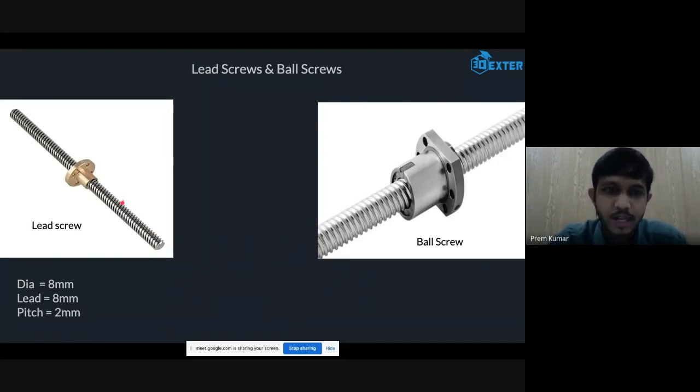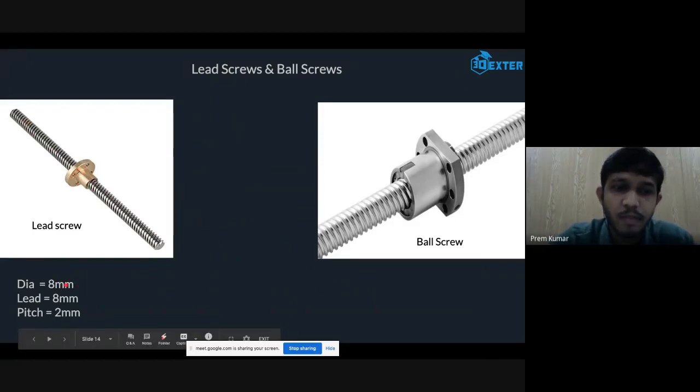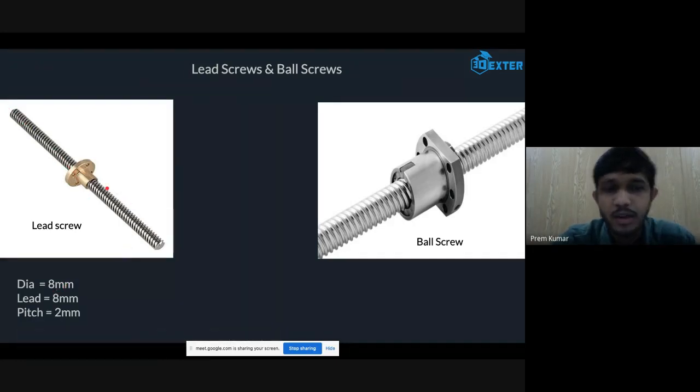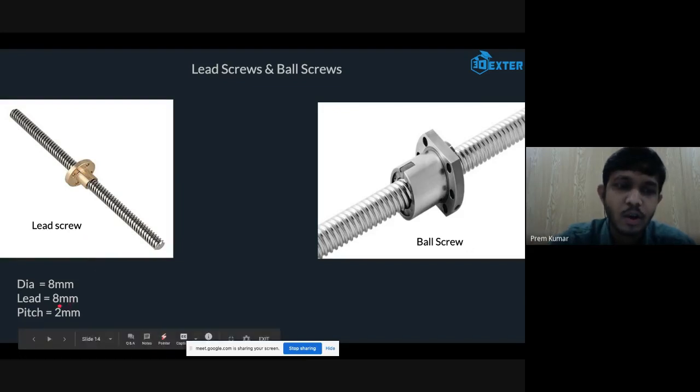For these kinds of setups, you should be using a lead screw with a smaller lead, like a 4 mm lead would be fine, because if you have a longer lead, it cannot bear that much load. I mean, the build platform can easily slide down because of its longer lead. So if you are increasing the weight of the bed, then you have to decrease the lead. You can keep the pitch at 2 mm, but decrease the lead, like take a 4-start lead screw for your printer.